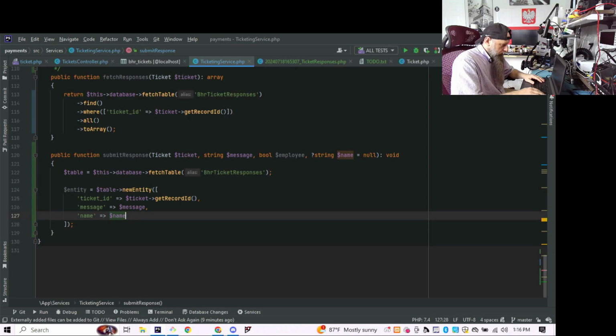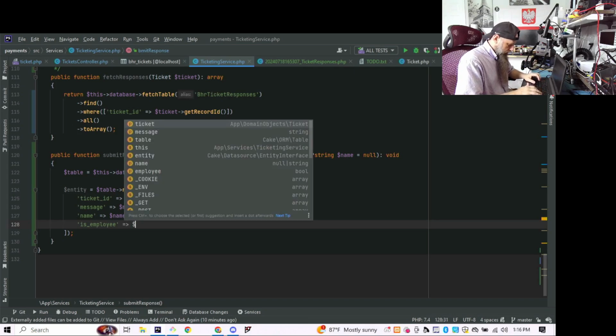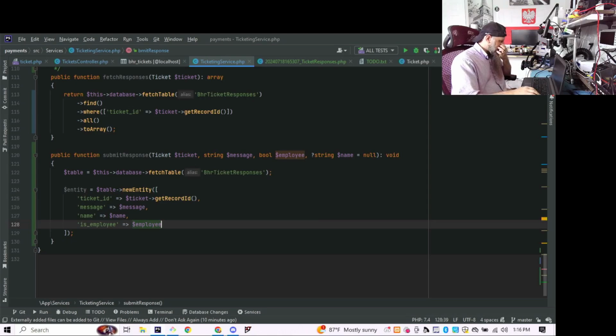So at the moment this will not work because I modified the migration, and this will not be applied to the actual database. So this will not work for now. But that's fine. Well, I just need to redeploy the migration. But before I do that, I'll just fix the other things. Employee, and that was is employee, right? Will be employee here. We have the message,